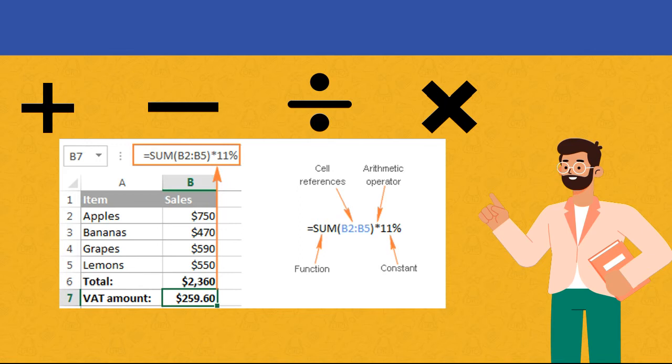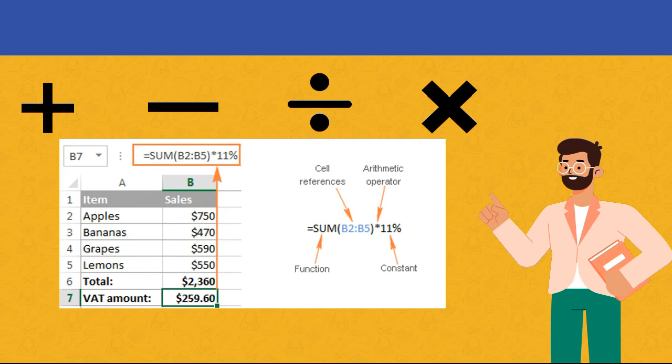It contains a few elements. First one, references: a cell or a range of cells that you want to include in your calculation. Second one, operators: symbols that specify the operation to be performed. Third one, constants: number or text values that do not change.